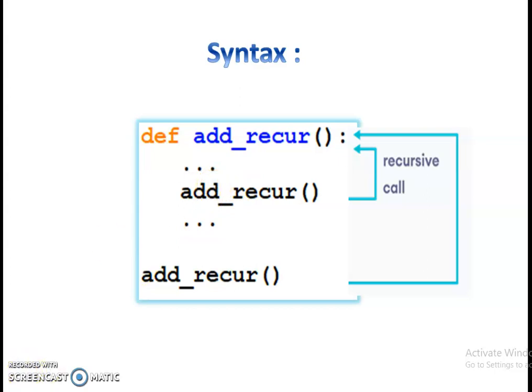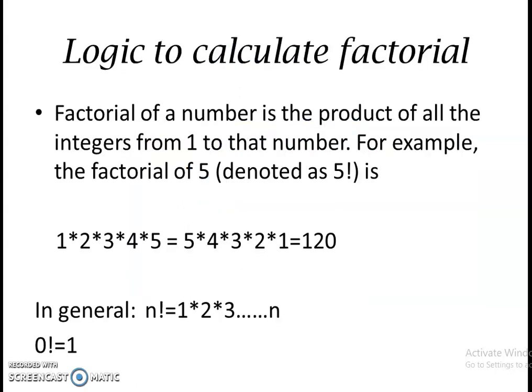Now let's understand recursion using some program. Before jumping into the program directly, let's understand how to calculate factorial. To calculate the factorial of any number, we multiply from 1 to that number. For example, to calculate the factorial of 5, we multiply 1 into 2 into 3 till we get 5, or we can say 5 into 4 into 3 till we get 1. After multiplication, it equals 120. That means 5 factorial is equal to 120, and factorial is denoted by the exclamation sign.